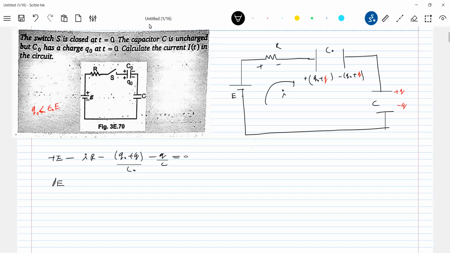d by dt, R into di by dt. Q naught is constant, no? Some fixed value. So Q naught by C naught, Q naught will be a constant. So that was some initial charge given to it. So Q is what? Variable. So this will be minus 1 by